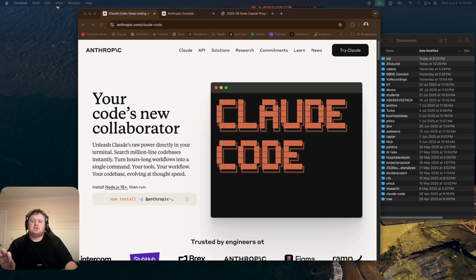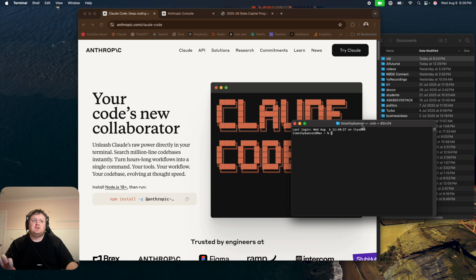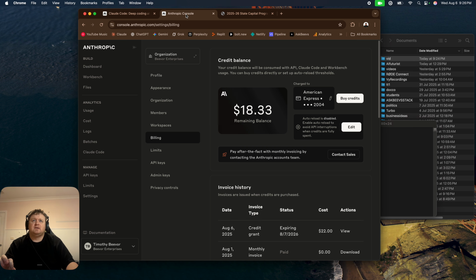and what you do is you bring up your command prompt, you type that in and you install it, and then it's going to want you to log in to Anthropic. And you're going to have to create an account through console.anthropic.com, and go into the billing section and add some credits. This seems like a lot of money, but you can do wild, really cool things with this